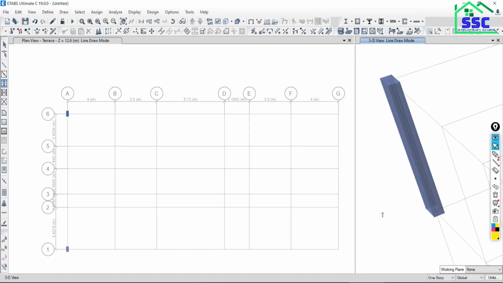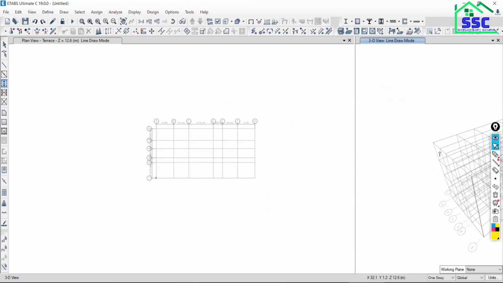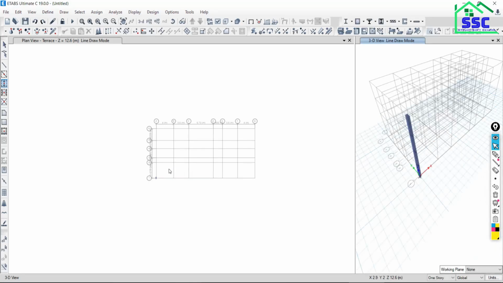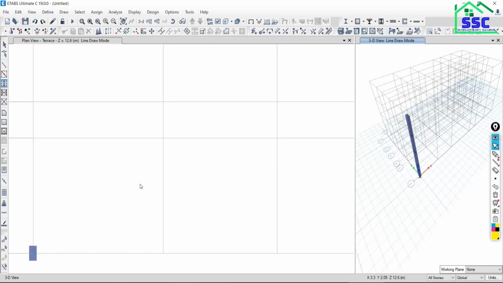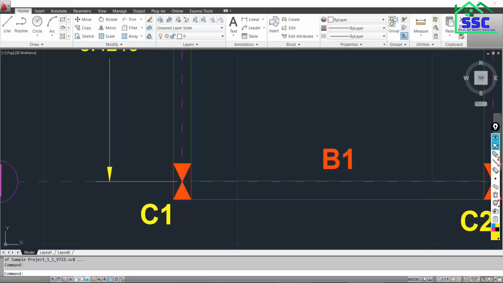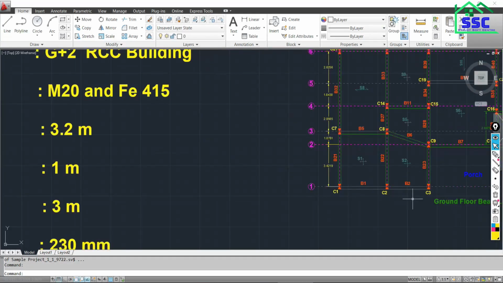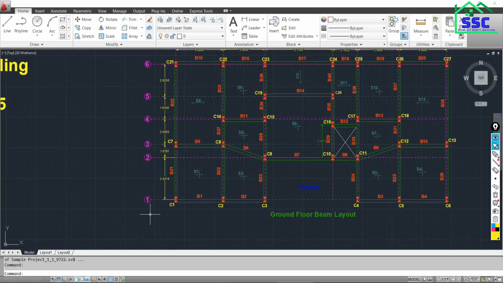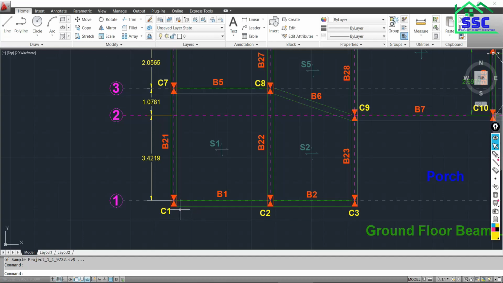Rohit, अभी clear हुआ? Okay, so very important point you should understand. So just go back. Actually we have to model our column, so we have to work with the all story option. And one more thing, the column position will not change from base to top. Always keep in mind, the column position will not change from base to top.